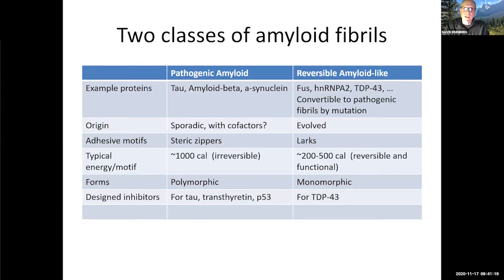So just to summarize here, there seem to be two classes of amyloid fibers. They're the pathogenic class, which we see in,